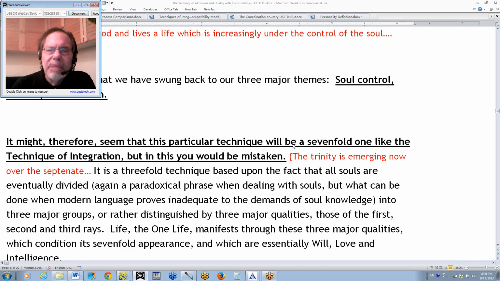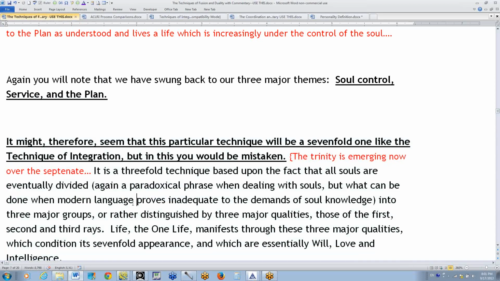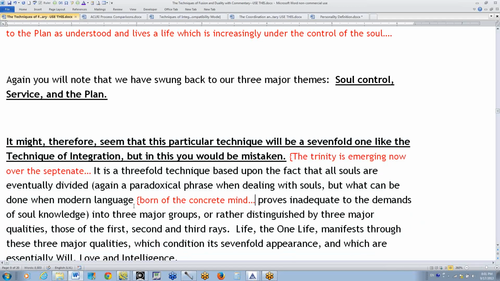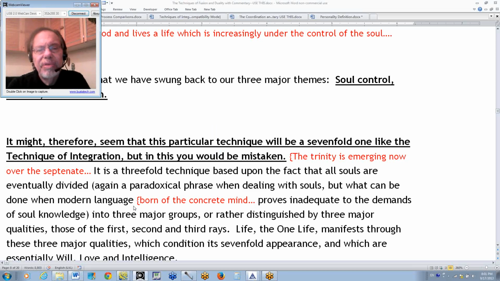It is a threefold technique based upon the fact that all souls are eventually divided. You can't really divide soul. You can't really divide consciousness, but it's the mind that wants to do the division, right? Again, a paradoxical phrase when dealing with souls, but what can be done when modern language proves inadequate to the demands of soul knowledge? Modern language, born of the concrete mind, proves inadequate to the demands of soul knowledge. Maybe these words will come about, but he tells us that the higher initiations don't even involve words at all,